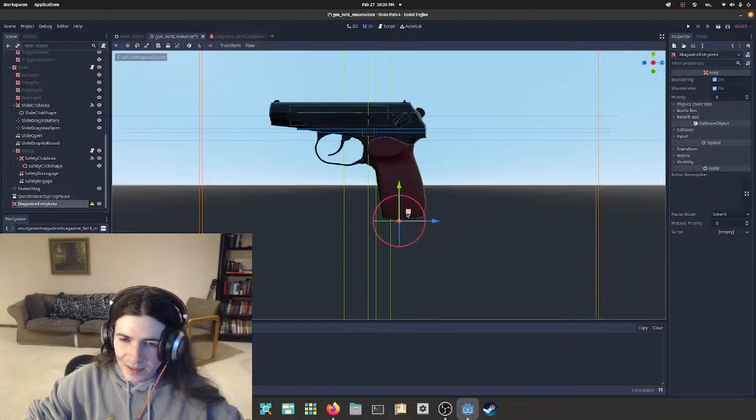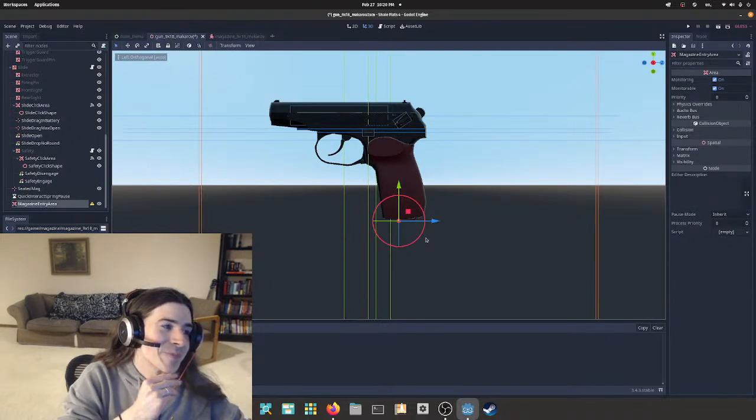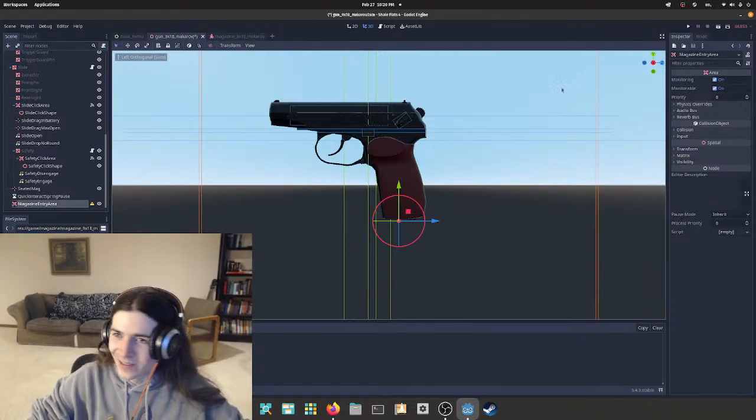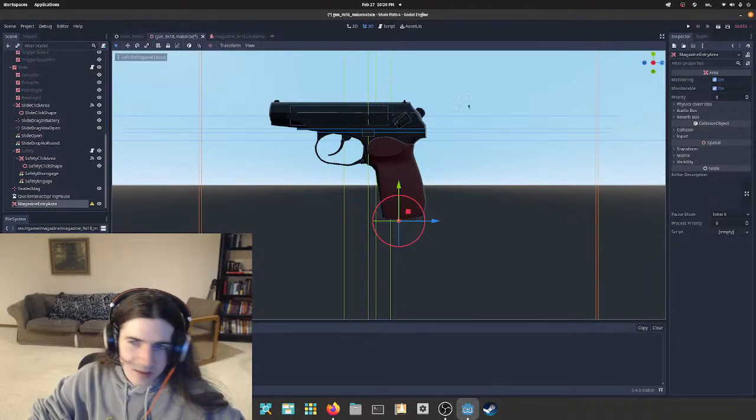And then, oh, we're also going to need to program the mag release. Yeah, that's going to be fun. We'll get there. We don't have to tackle that all at once. All right. So we need to give it a collision shape.